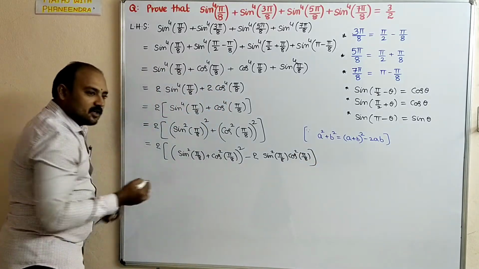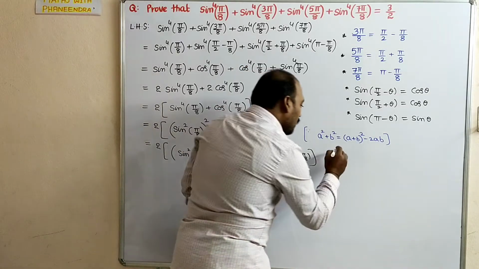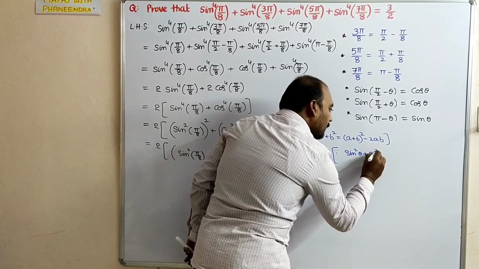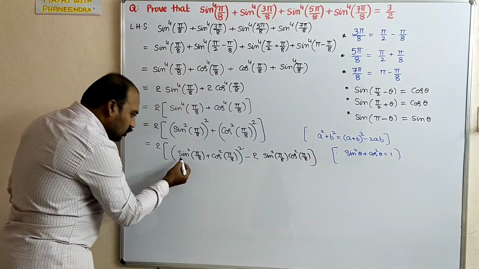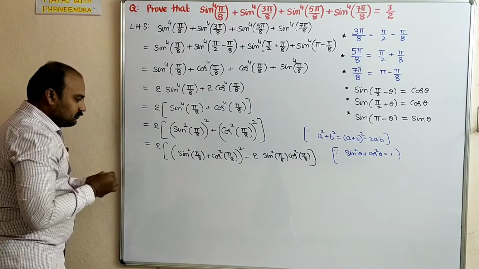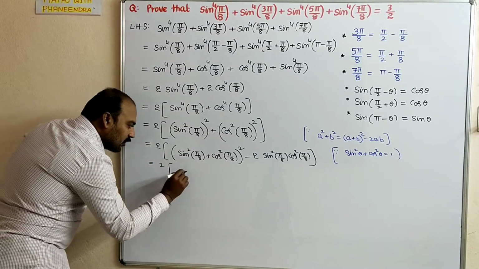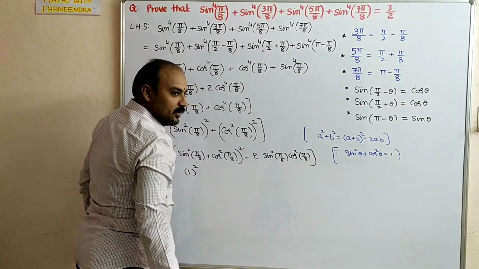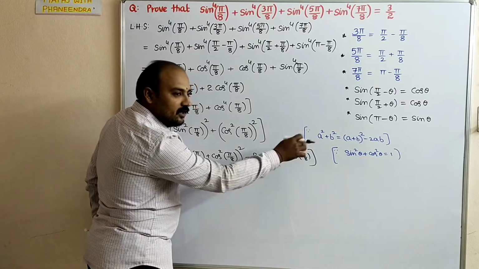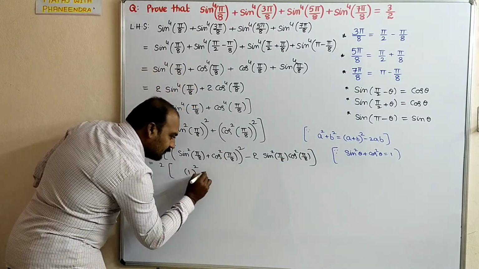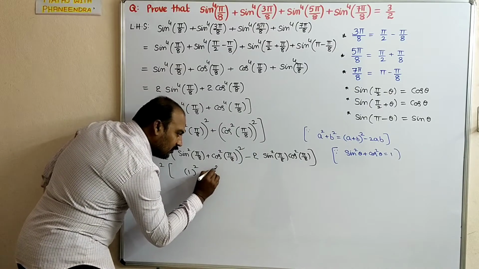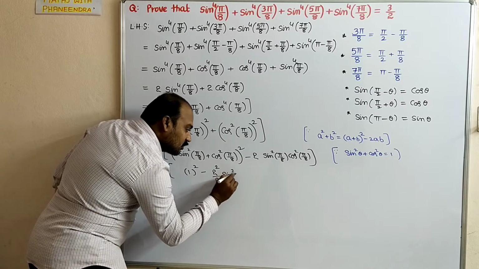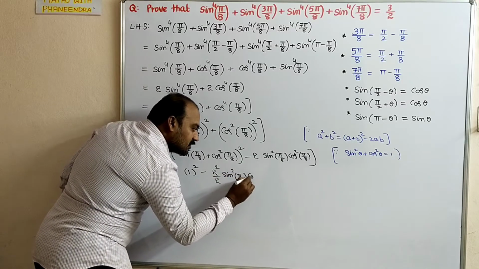Sin square theta plus cos square theta, that value is 1. We know that sin square theta plus cos square theta equals 1 from the identity. So this value is 1. So twice of 1 square. After that, here sin is having a square, cos is also having a square. I want to get it in the form of 2 sin theta cos theta. So minus 2 is there, no? So 2 square, 1, multiplying and dividing by 2. Sin square pi by 8 into cos square pi by 8.